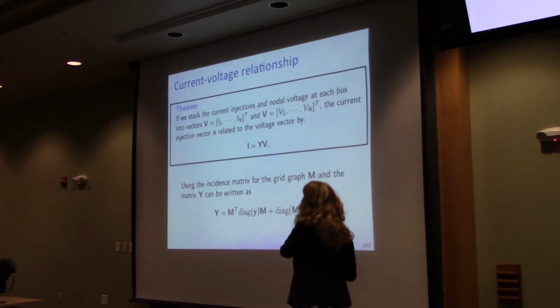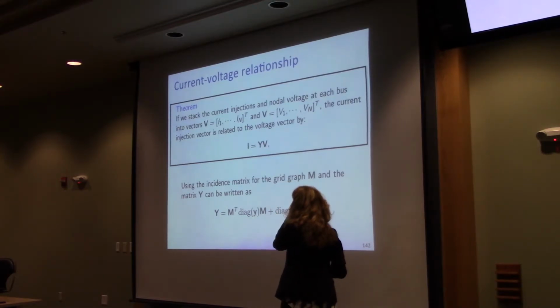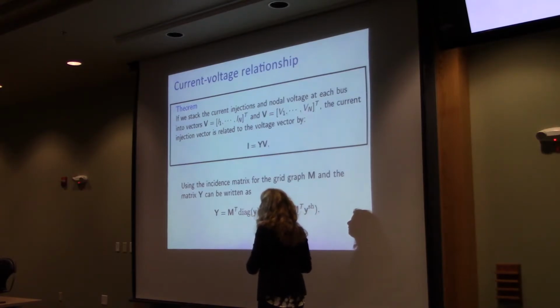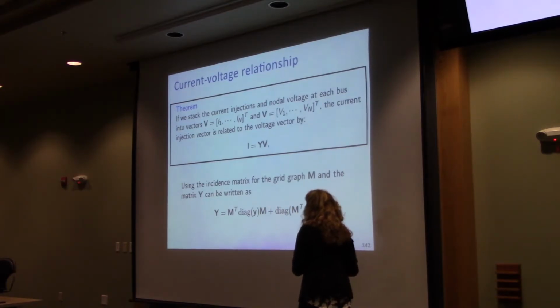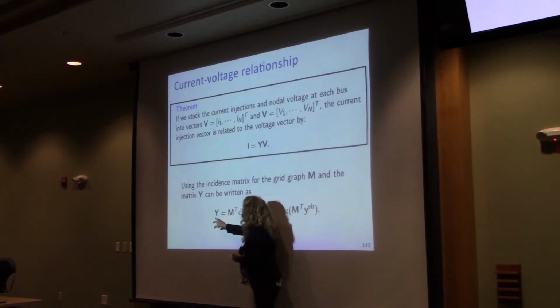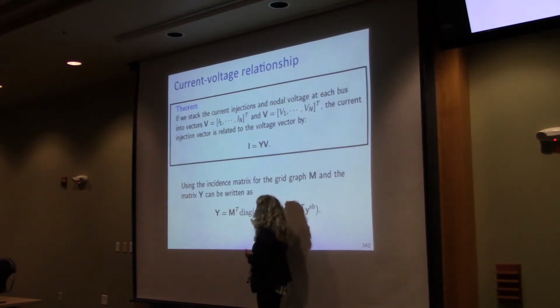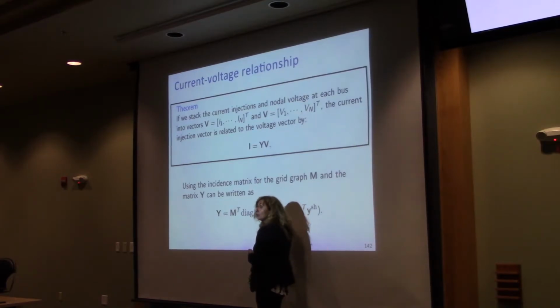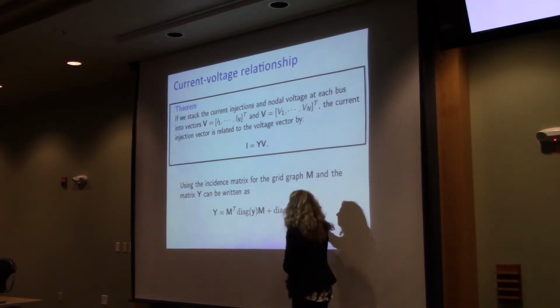As I said, if we stack all these phasors, sorry, that guy should be I and V, then the equivalent of Ohm's law, this is a basic theorem, is that the vector of currents is equal to the admittance matrix times the voltage. And the reason why I bored you with the definition of the incidence matrix is because the admittance matrix is equal to the incidence matrix times a diagonal matrix that has all of the admittances of every line here, right? So there are as many lines as there are edges in that graph, times the incidence matrix. And then there is this other term,